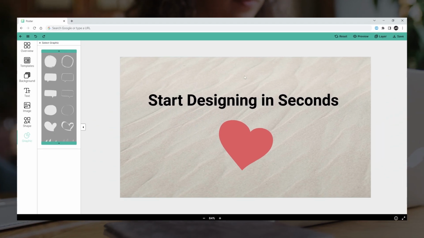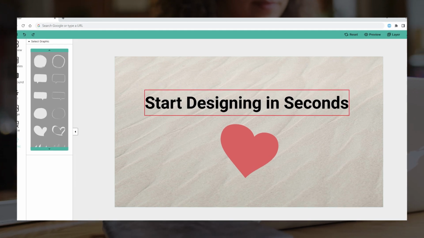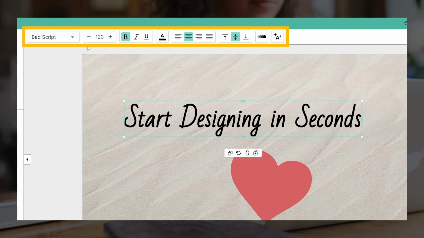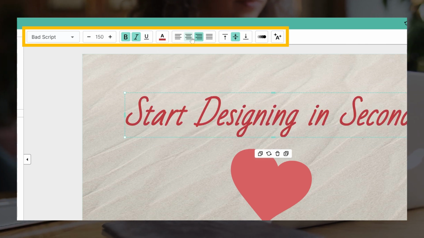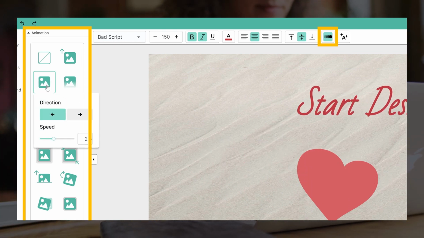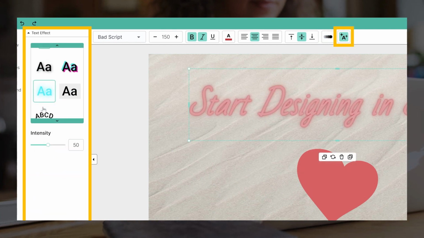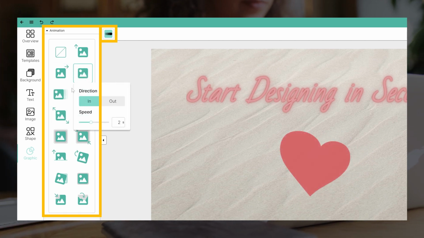Finally, the toolbar will appear at the top with related editable content when the object is selected. For example, if text is selected, you can edit the font size, and other basic editing tools, and the relative position of the text within the box. In addition, you can also set animation and text effects. And the objects on the image can apply animation effect as well.